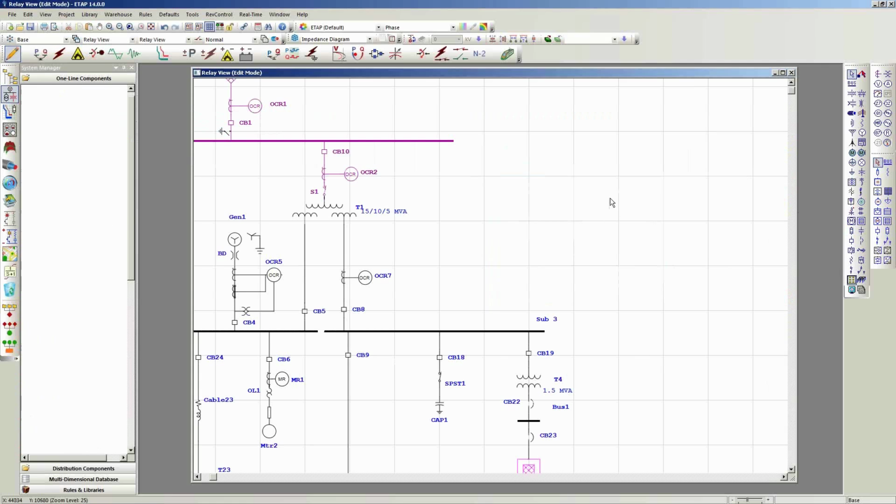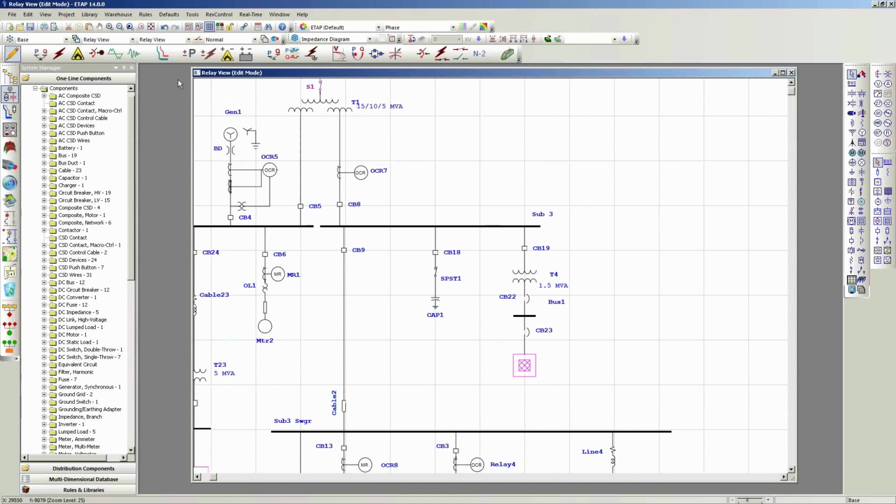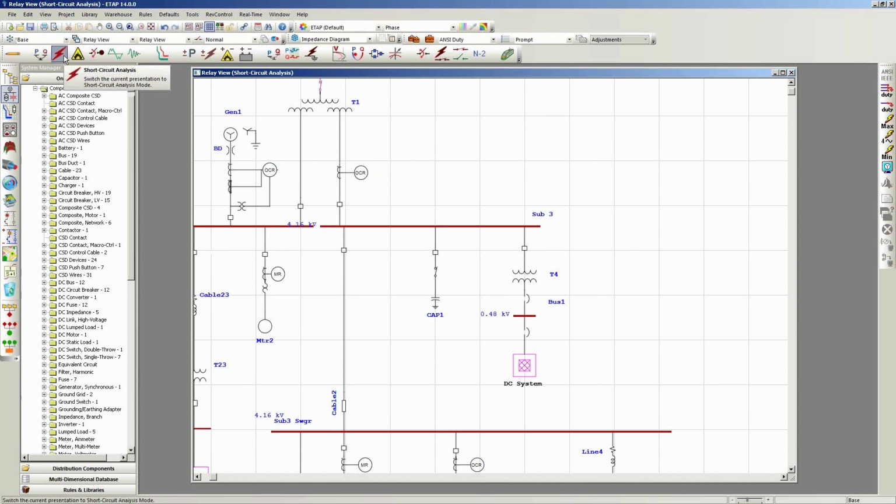Here, let me go ahead and bring up a copy of ETAP 14 for everyone to see. There's a short circuit analysis mode. So for those of you who have used or performed a short circuit analysis in ETAP, you have your toolbar over on the right hand side. There's your three-phase device duty, single phase device duty. We now have also the Arc Flash